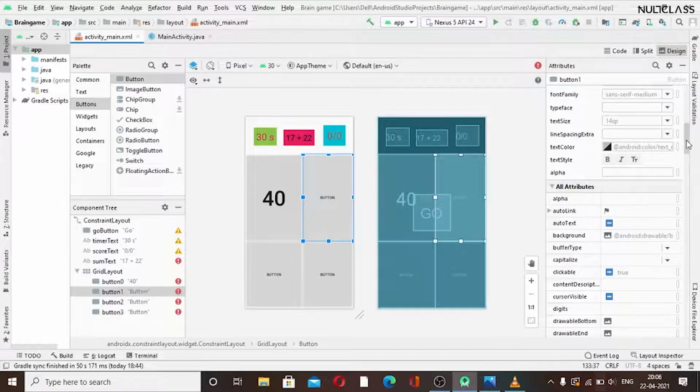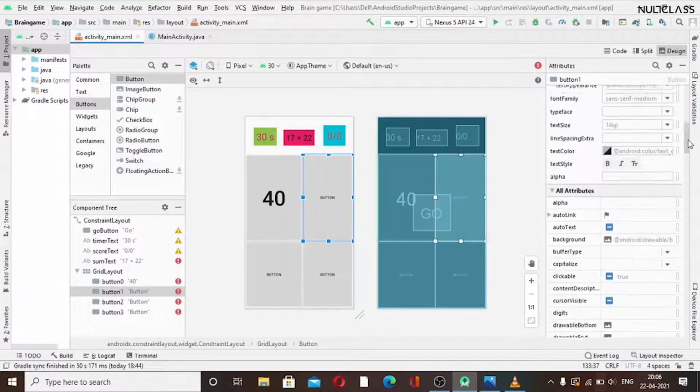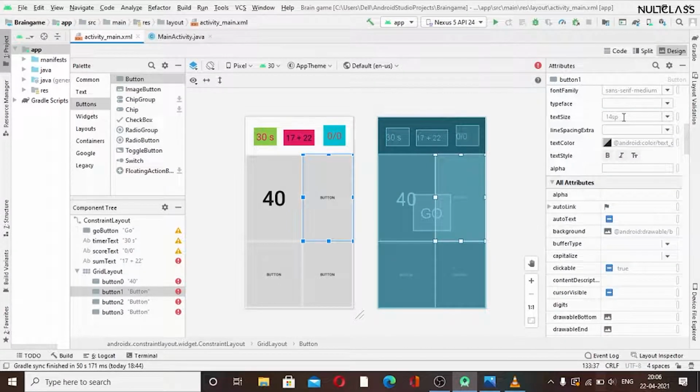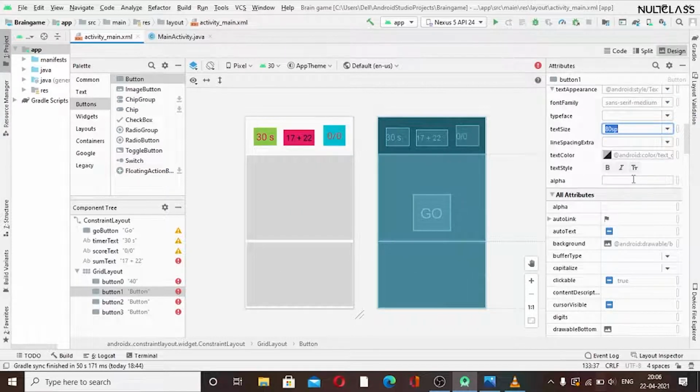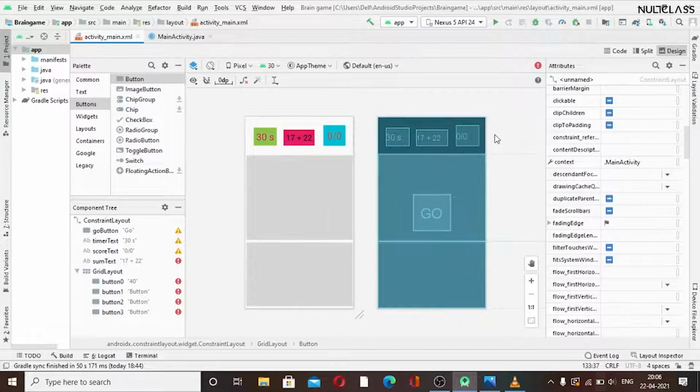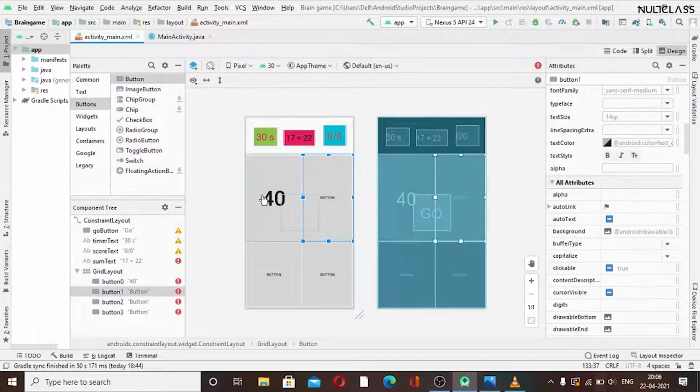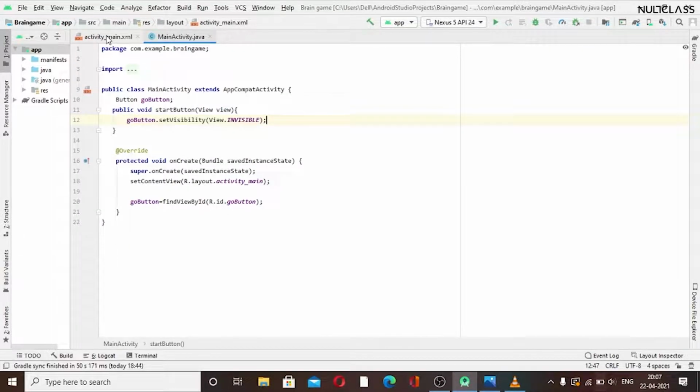And for this we have to write the text, like text size should be 80 sp, and text, this something happened, I will undo it. I guess I have to make the changes there only. I will add that here in the coding part.